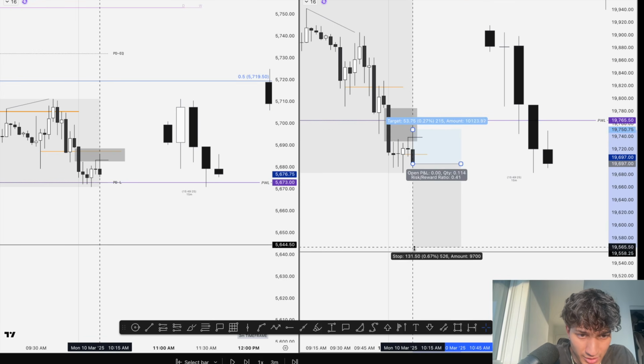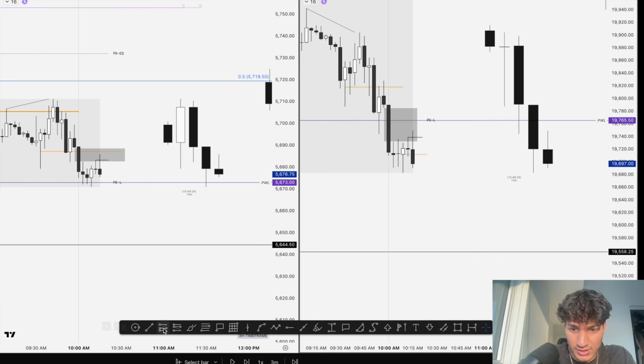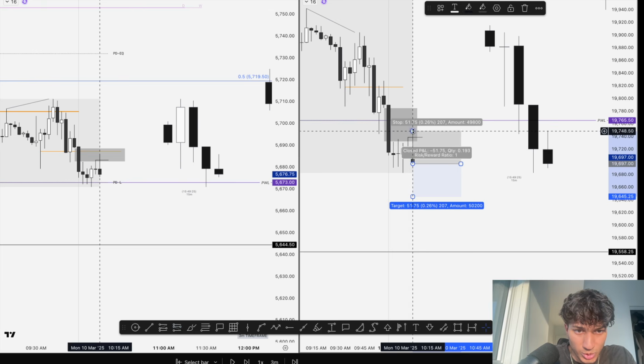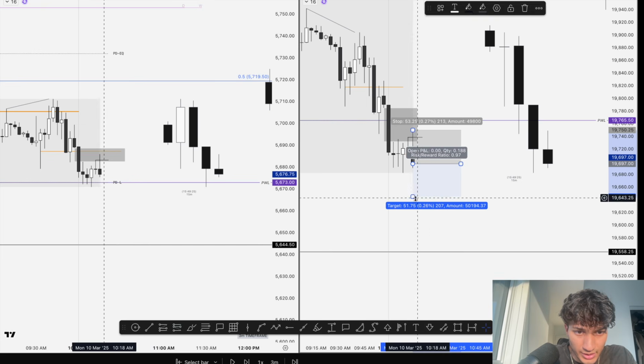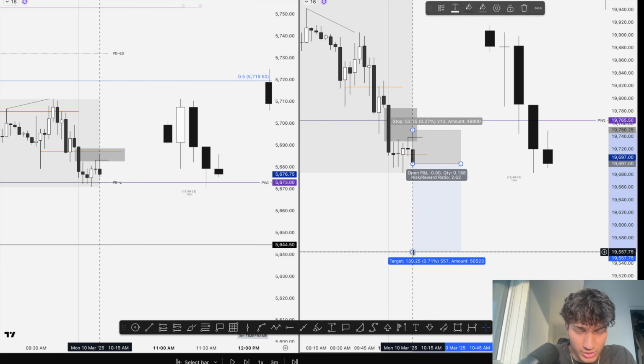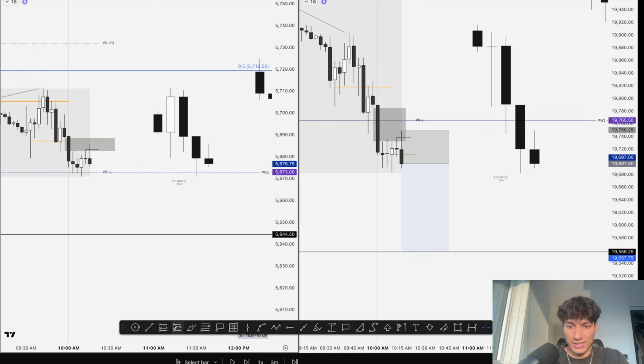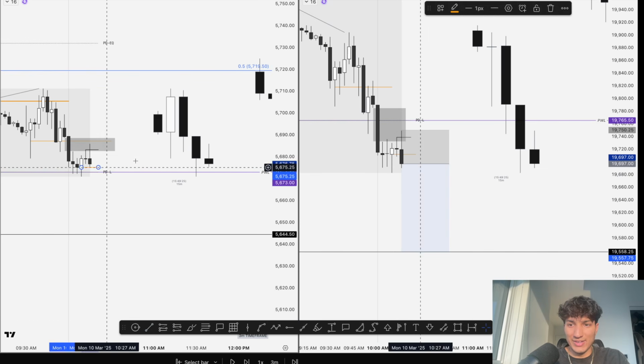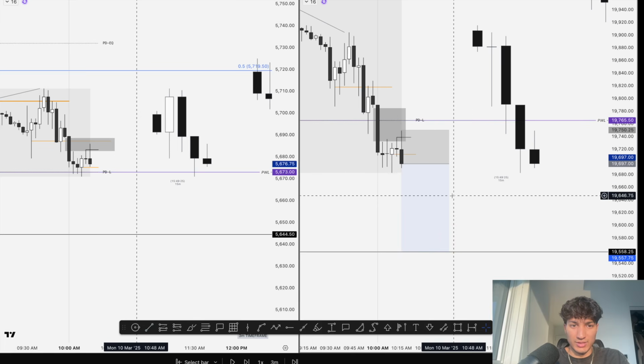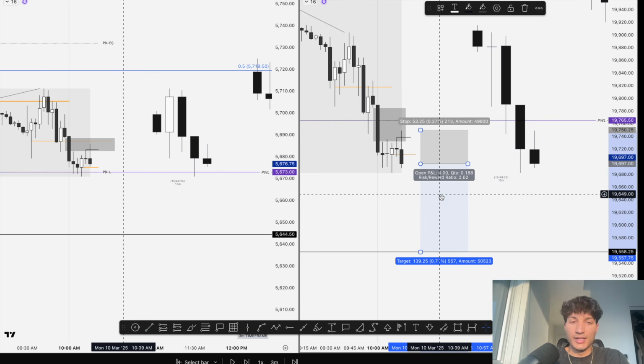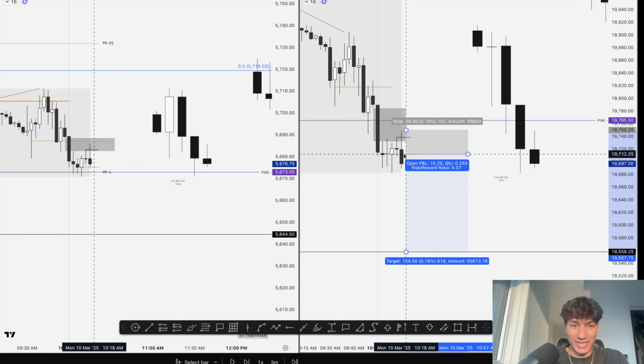My entry technique is going to be a closure entry of the SISD, risking 53 points and targeting, right, the other side of the range, my draw on liquidity. So I will be targeting 139 points for a 2.6 hour trade. As you notice, the relative weakness of NASDAQ here with the change in state of delivery forming first. Another option is to wait and take a retest of the change in state of delivery level, both of which